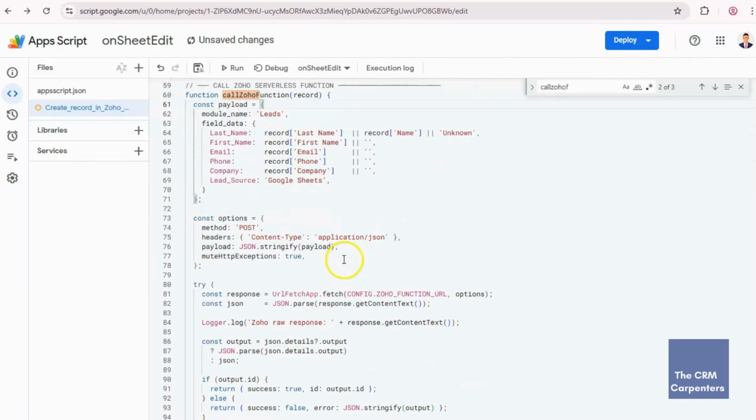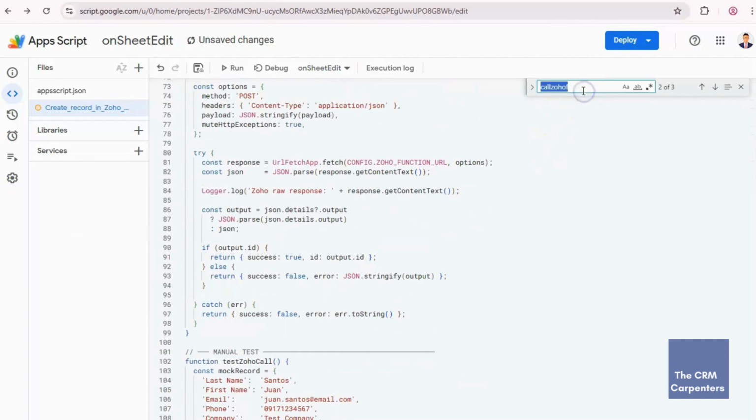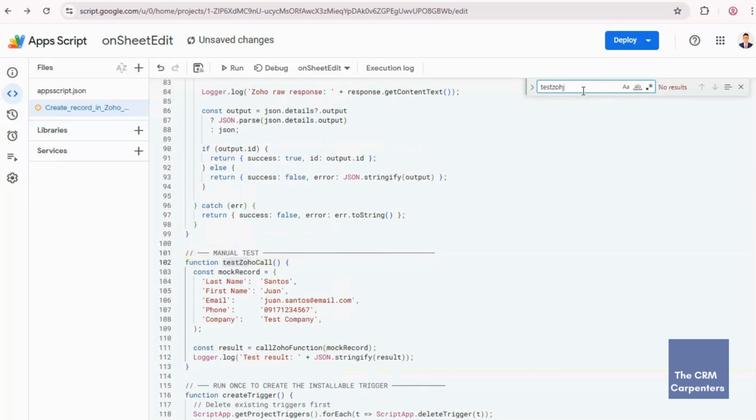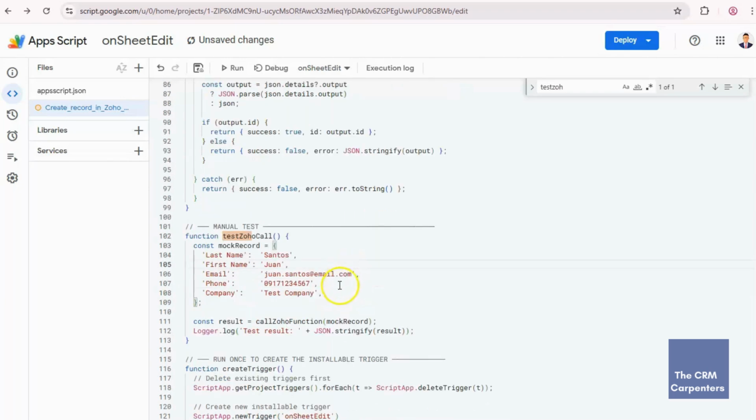And next, the test Zoho call. Before we deploy it live, we need to have a manual test. This one sends a hard-coded Mac record to Zoho so you can verify the integration works without needing to edit the sheet.